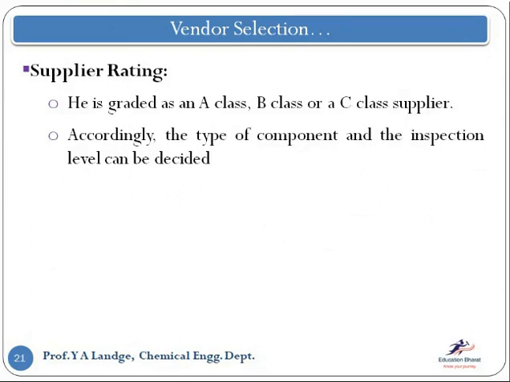So they are graded on the basis of A, B, and C class suppliers. Okay. So for those who are A class, definitely there is no need to cross-check. We directly use their product. For B and C, we need to cross-check their product, see the quality of the product, and keep more watch on them. Okay. So that can happen according to the component and inspection level. On the basis of that, they have the rating A,